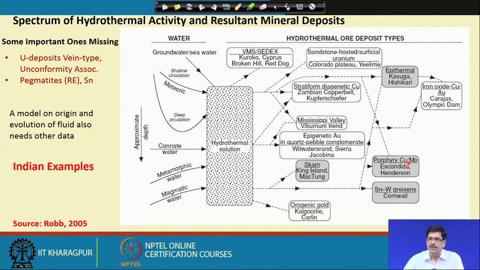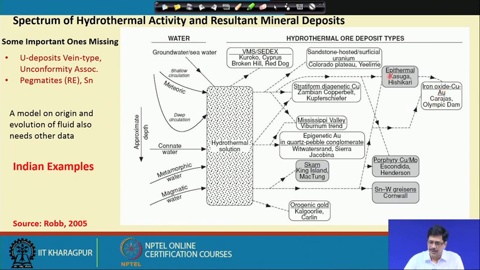The porphyry copper deposits are also absent in the Indian shield, barring the Malanjkhand deposit, which has been discussed in some amount of detail regarding its fluid inclusion characteristics, which sometimes is debated to have an affinity like the porphyry copper ones. Then the tin tungsten greisen or skarn deposits, which we have already discussed, like the Dachang deposit in China. We do not have much of Indian occurrence either.